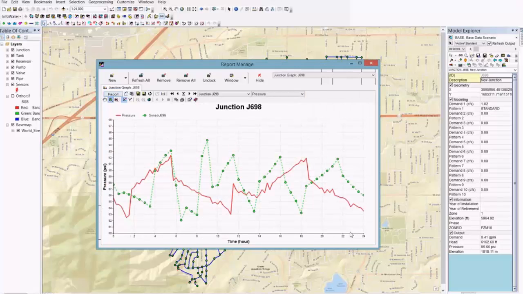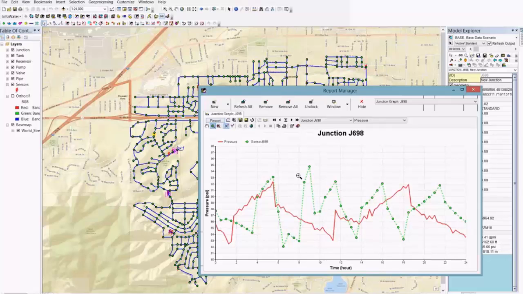So here it is. This is my model predicted pressure in a red line chart, and here is my measured data as reported directly from my SCADA system via SCADAWatch showing up in my InfoWater model. So junction pressures, tank levels, pump information, flow valves, all your boundary conditions. Not only can they be brought into InfoWater automatically from SCADAWatch, they can trigger an InfoWater model run. So I know every 15 minutes I have a brand new information source of new calibrated information in my water